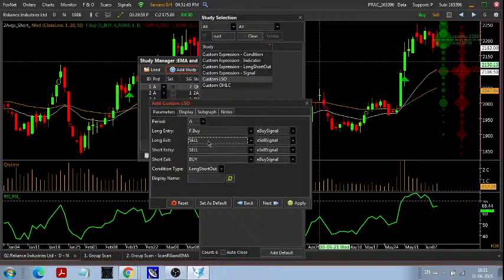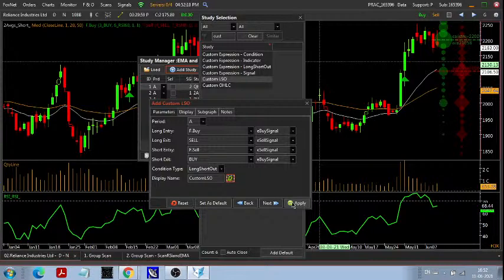In custom LSO, I will define my long entry, long exit, short entry, short exit. My long entry is final buy, and sell will be my exit, and final sell will be entry, and buy will be exit. We can define. So I just want you to know that we can have different entry and different exit.